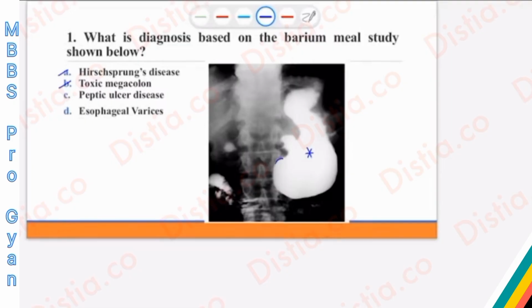You can see that there is an abrupt cutoff of contrast. Very surprising, but abrupt cutoff of contrast tells you the fact that there is a definitive pylorospasm present or there is a very severe gastric outlet obstruction. Most of the time we get pylorospasm presenting like this in a case of duodenal ulcer.